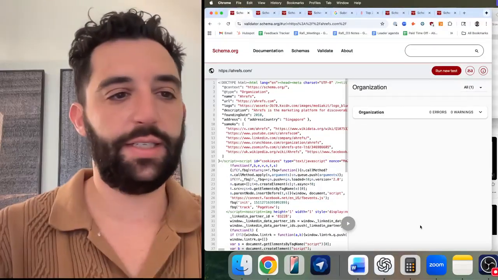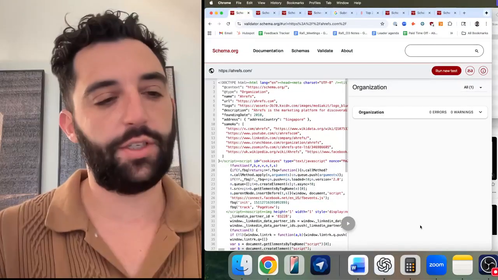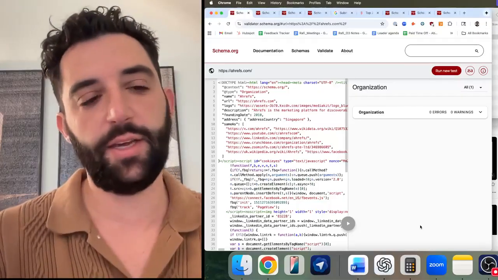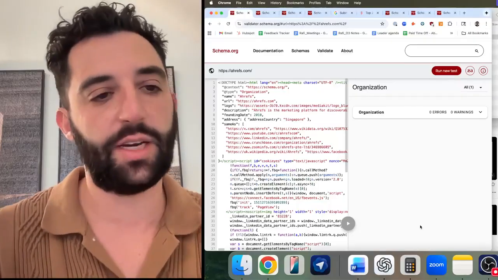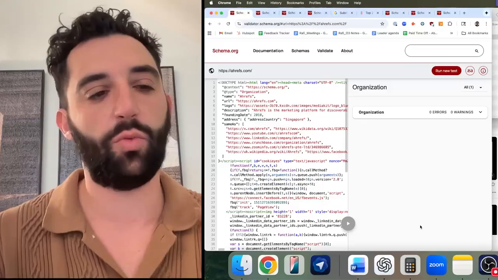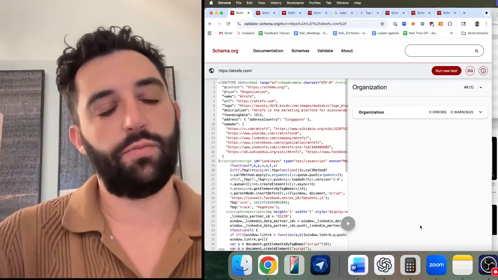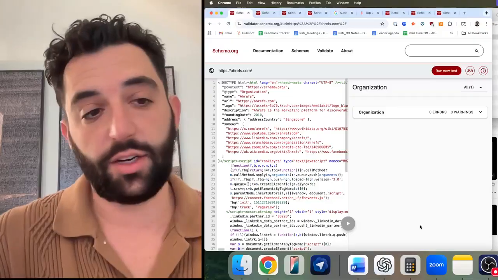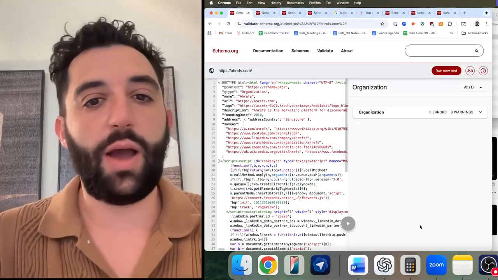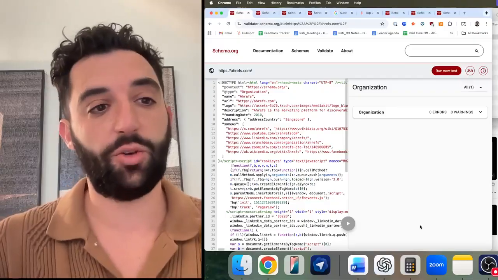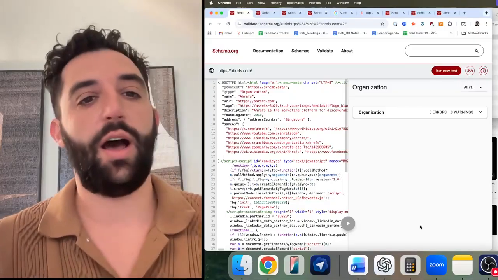Okay, so today in part 3 of our series, I wanted to talk about the power of schema. Schema is a form of structured data that you can implement on your website that will allow your website to be easily understood by the LLMs and served more frequently within the responses because they just understand what your website's about. So I wanted to highlight one great example from Ahrefs, which is an SEO tool, with a couple